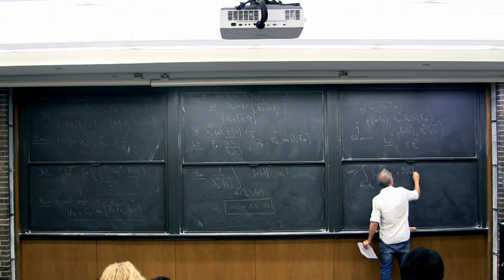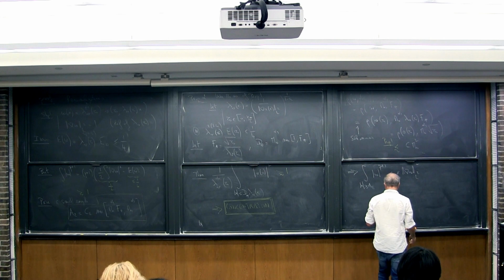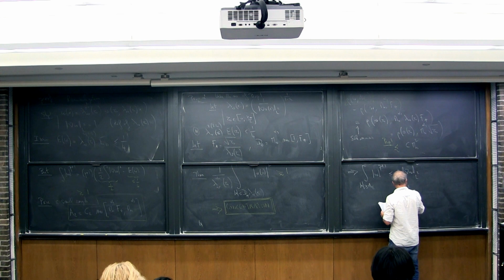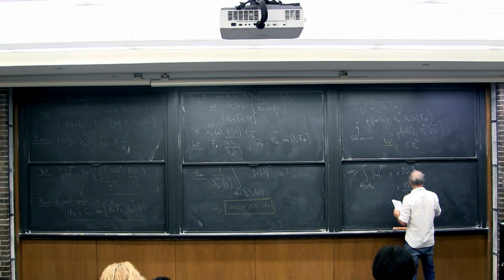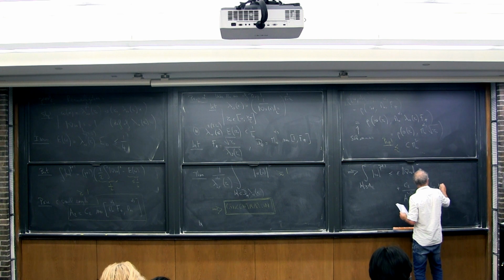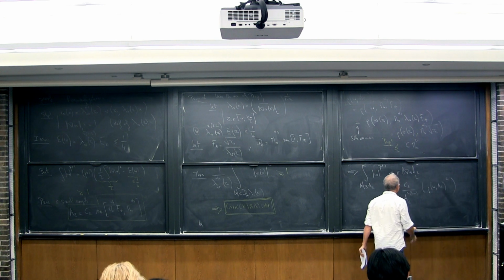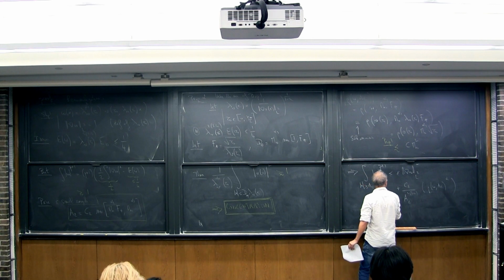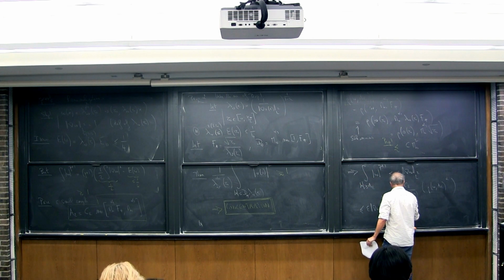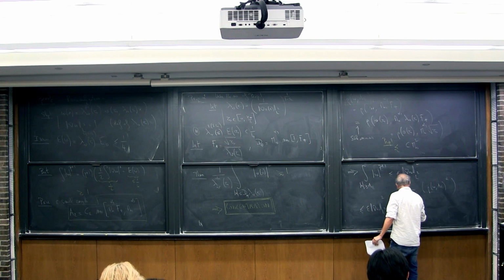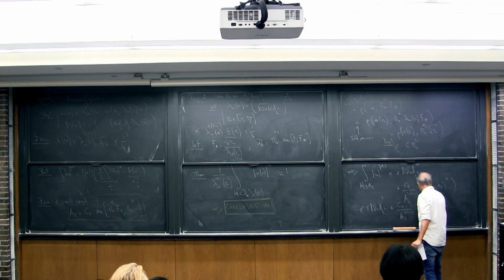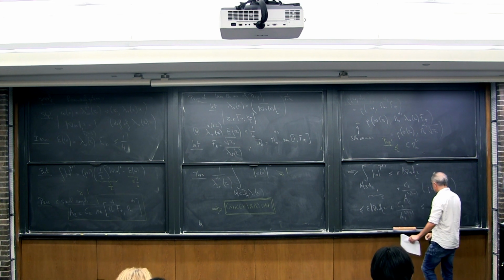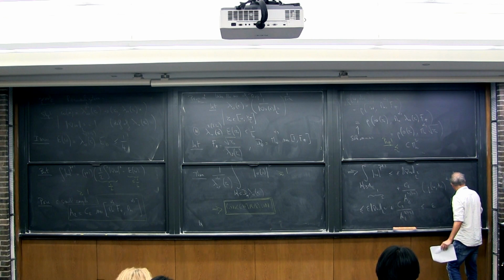So this is controlled by epsilon norm of gradient in L2, plus, and we said the interpolations will have a constant. I have a A of epsilon to the twice 1 minus SC multiplied by the rho norm of omega at some epsilon to some power alpha. And now this is under control. So this is bounded by epsilon L2 norm of the gradient squared plus a constant divided by this A epsilon to the twice minus SC. So I can make this bounded. So this is 1, because the gradient has been normalized. So I can make all this be less than epsilon. I'm just taking A epsilon large enough.